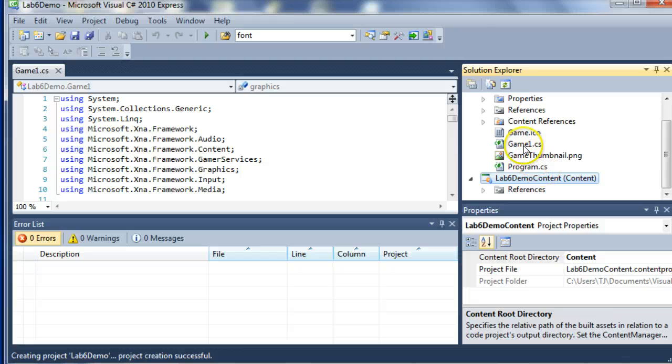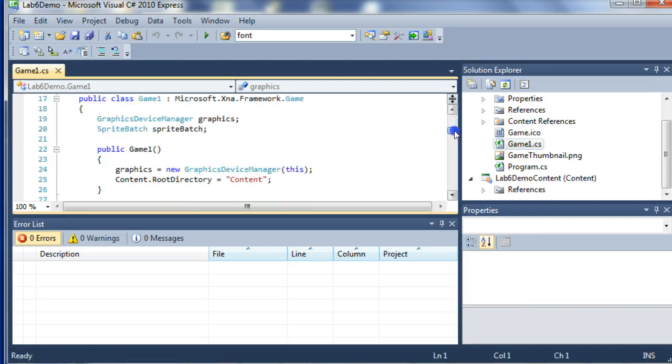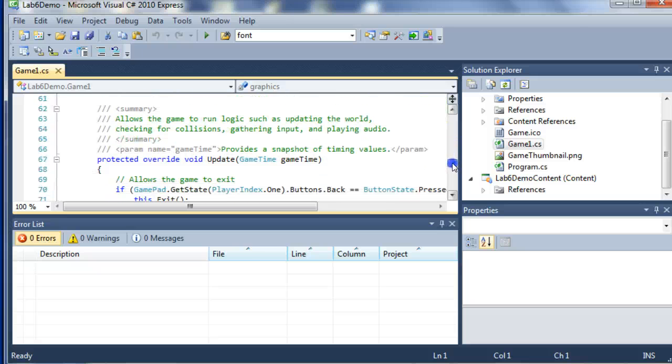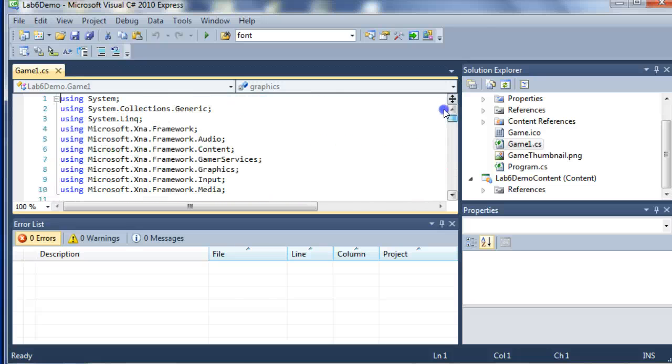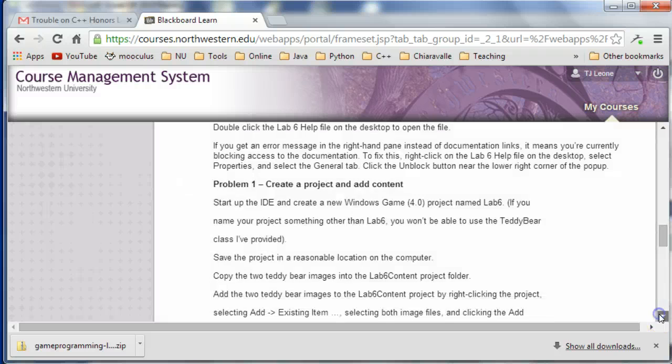And you see right here is your Game 1 file. It comes right up. So this is the Game 1 file that I was talking about. And this is the one that you're going to have to modify. And basically, I sent you the one that was my solution to it. Okay, and if you take a look back at the instructions,